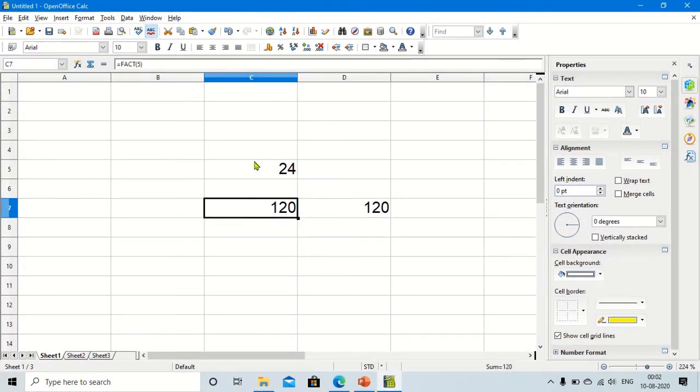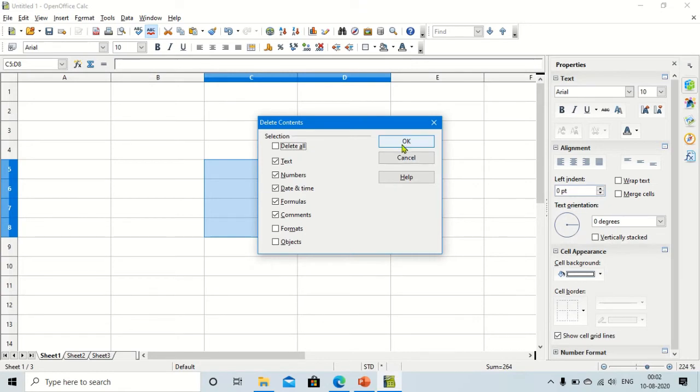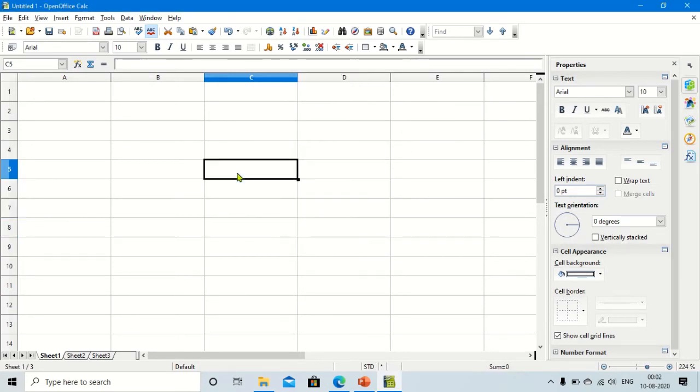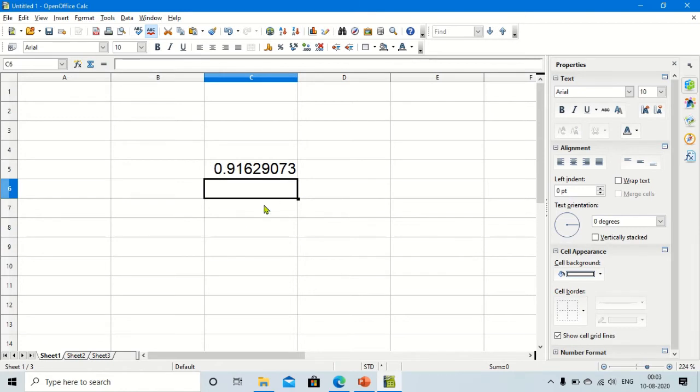Here we are going to use the ln function: equal ln, and then I will give the value. Suppose I want to get the log of 2.5 and press enter. You will see the log of 2.5 is 0.91629073.